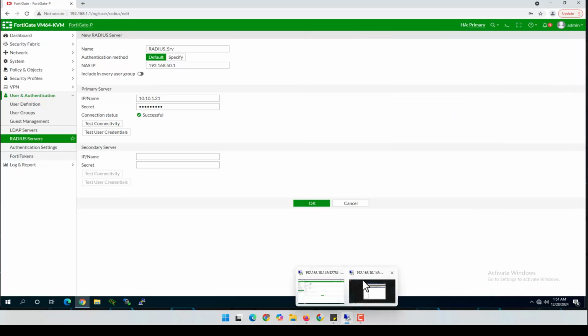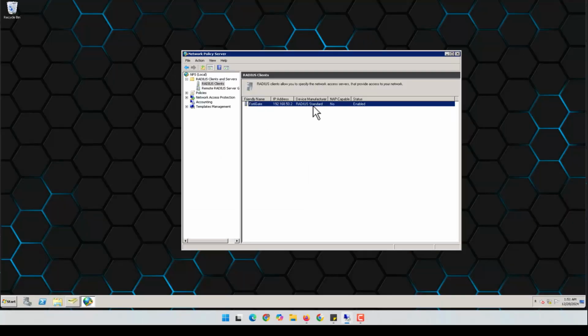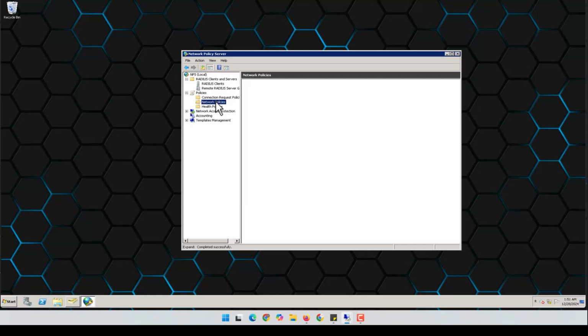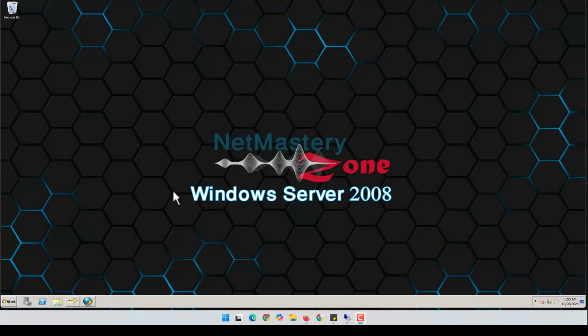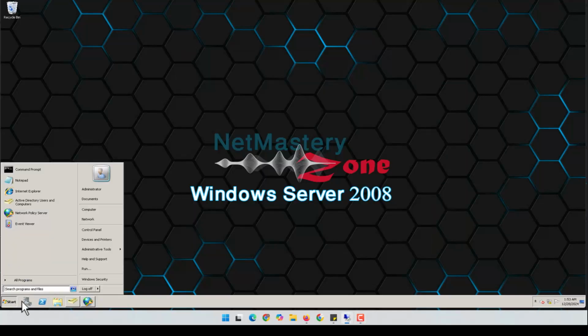We just created a RADIUS client here, and now when Bob tries to access this, there is no policy available to allow it. You can see that we have some policies here, and all of them are denying the access. It's like an access list. There is a deny at the end of every access list to deny any other connection that does not match one of these policies. Let's go to Windows Event Viewer,